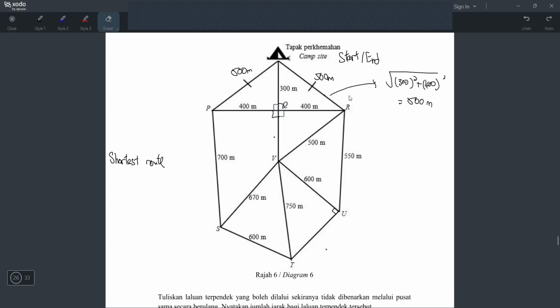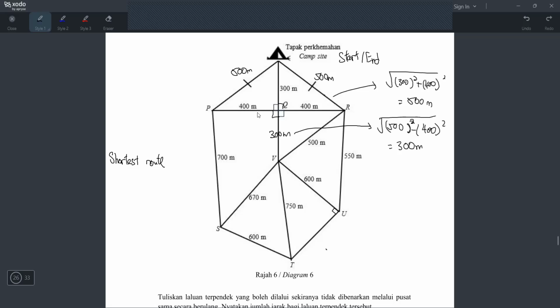Okay, where else can we find a distance? Here. So here is 500, here is 400. So can we find this? Yes. Here we will get 300 meters. For those who asked, how do we get 300 meters? Okay, let me show you. 300 comes from this. You square root, bracket square. But this time your right angle is like this, right? So you will take 500 square and 400 square. This time will you plus or minus? You will minus because you are not finding the hypotenuse. You are finding the short one. So definitely minus. So what happens here? If you press the calculator, you're going to get 300.